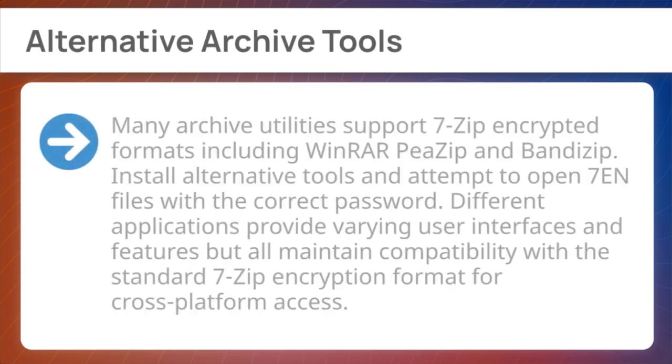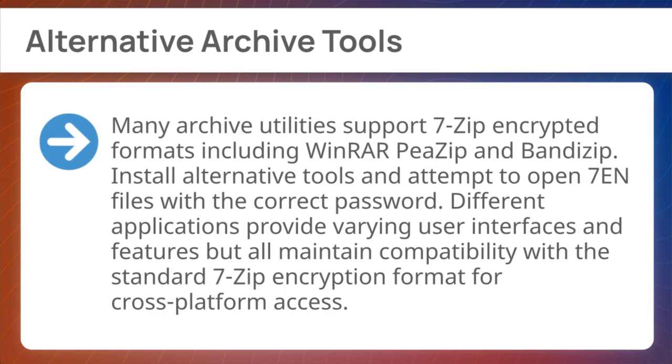Finally, alternative archive tools. Many archive utilities support 7-zip encrypted formats, including WinRAR, PeaZip, and Bandizip. Install alternative tools and attempt to open 7EN files with the correct password. Different applications provide varying user interfaces and features, but all maintain compatibility with the standard 7-zip encryption format for cross-platform